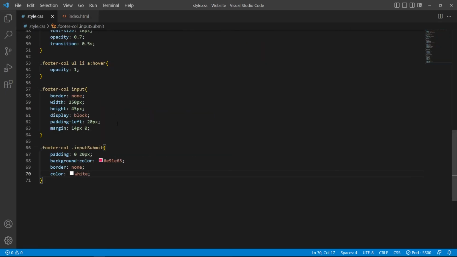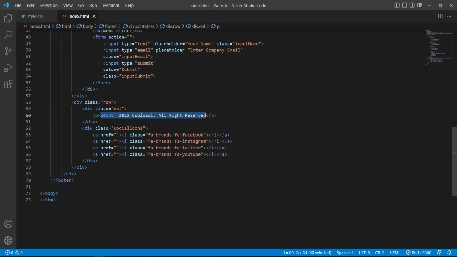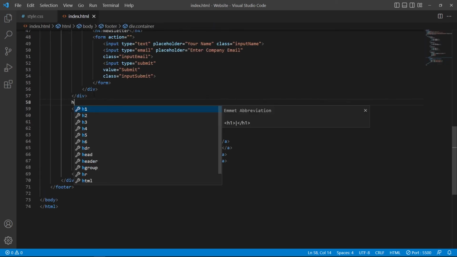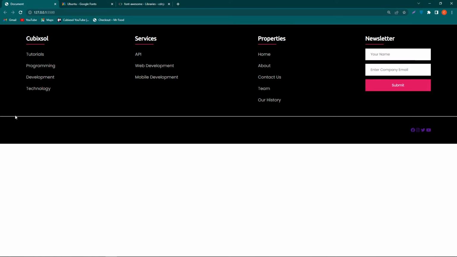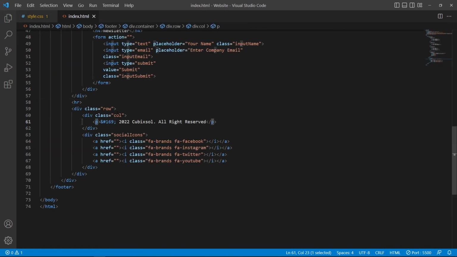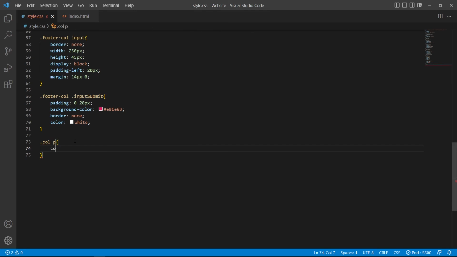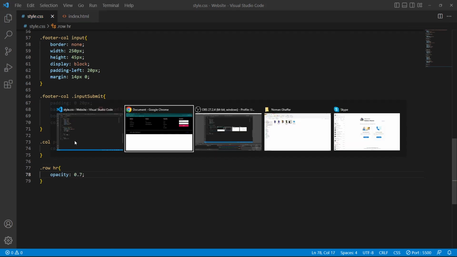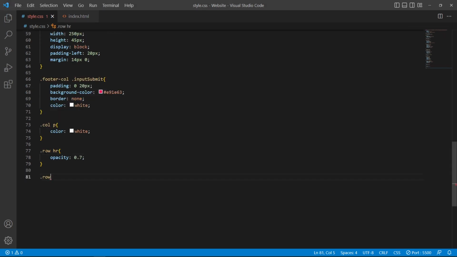Next, open your style.css and add one more thing inside your HTML. Add an HR element here to display a horizontal line. So first of all, type here dot column P. It refers to this P element inside our col class, and type here color white. Next type here dot row hr element and give it opacity 0.7. Next copy this row class and paste here